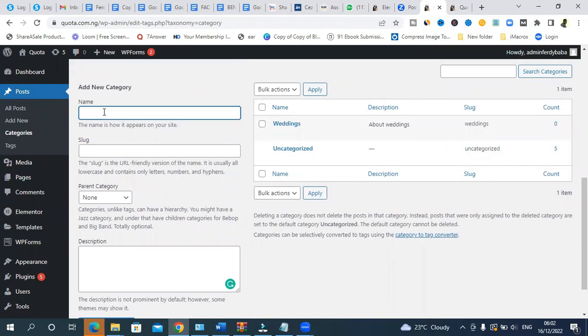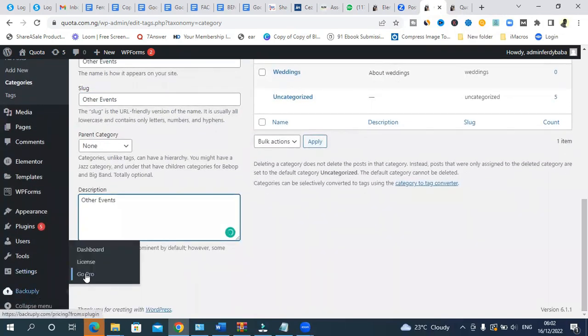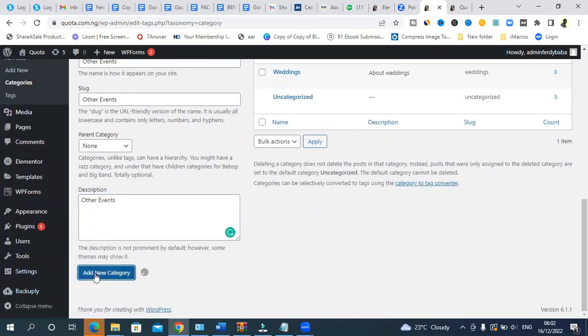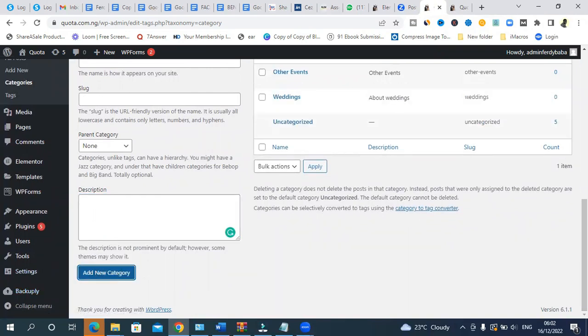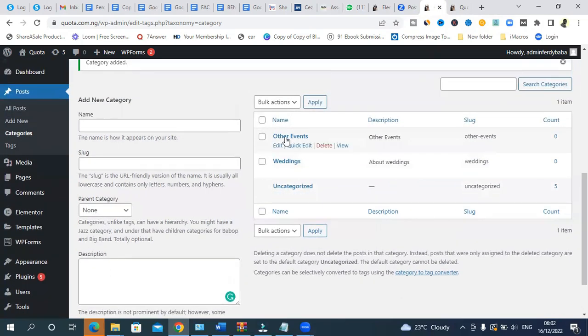I'll call it other events. Copy, paste here, and add a new category. Right? Other events will appear here. If you want, you can create more categories, but as a beginner, I recommend that you create only 2 or